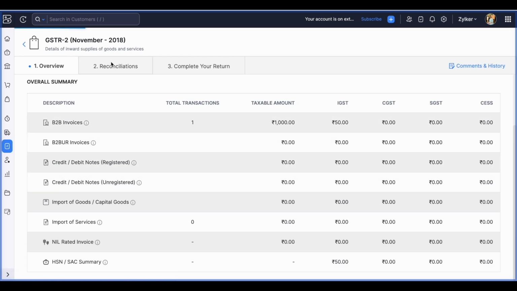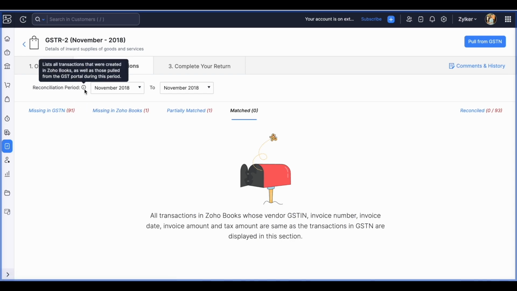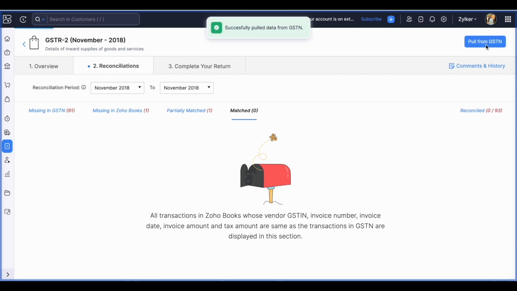Next, we have the reconciliations. You can select the reconciliation period for which you want to reconcile the transactions. Once it is done, you need to click on Pull from GSTN. Once I click on Pull from GSTN, an OTP will be sent to your registered mobile number, that is your GST registered mobile number. You need to enter it. Since we are in a sandbox environment, it is not asking for any OTP. However, in real time, you need to enter the OTP and then the transactions will be pulled from the GSTN